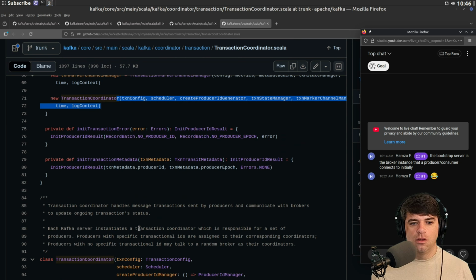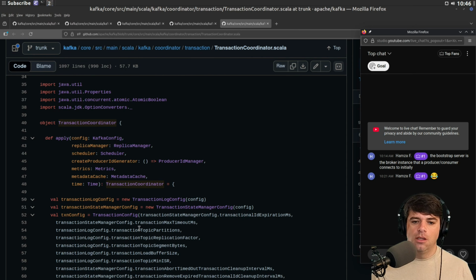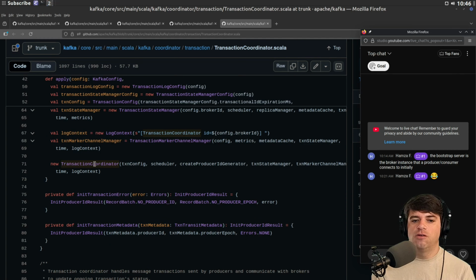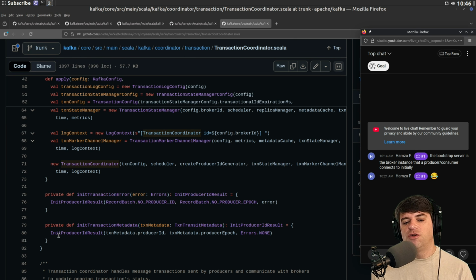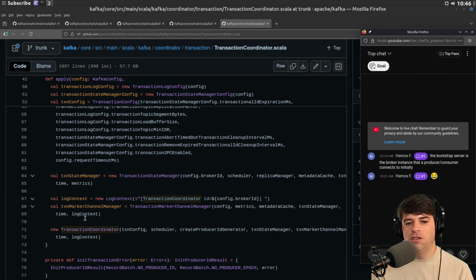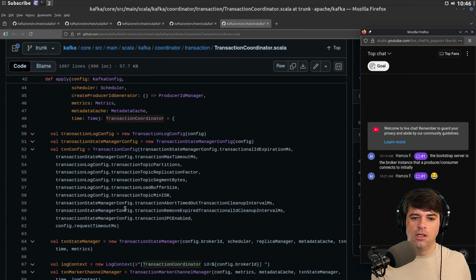But no. It's the apply method, right? So apply is basically, I think that maybe what's going on is, so this is what transaction coordinator is that we're returning. I think that what we're doing is we have immutable stuff, and the reason we're returning the new thing is that's kind of how mutation is done. We're returning a new mutated thing, and that's part of, or maybe a big part of how we get thread safety. I think it's probably the idea why this is essentially just a constructor.